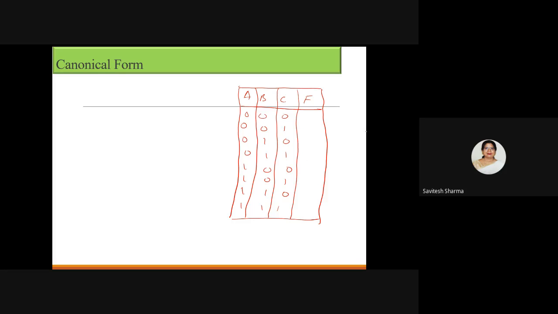And you know that SOP form will contain terms that will give you F equal to 1. So my expression was ABC. Tell me what was the expression? ABC plus